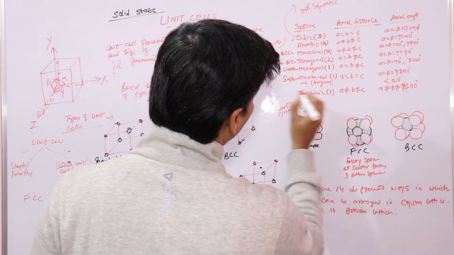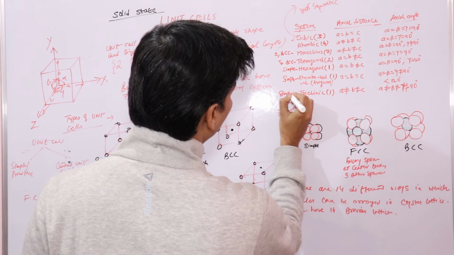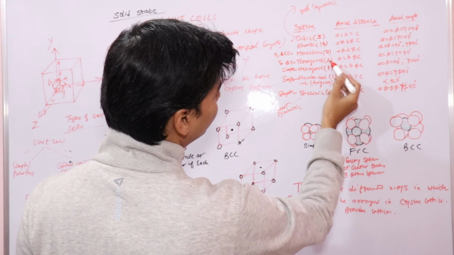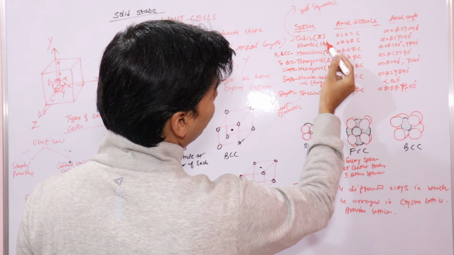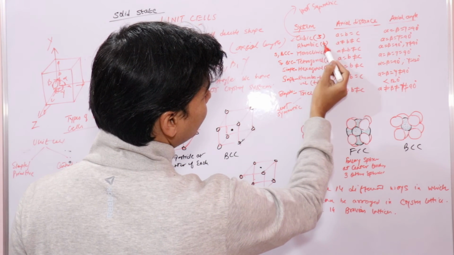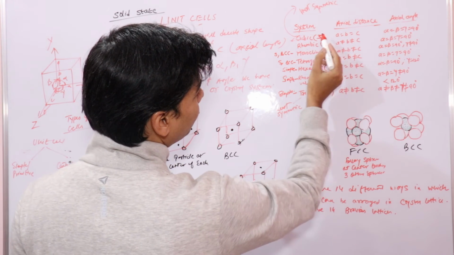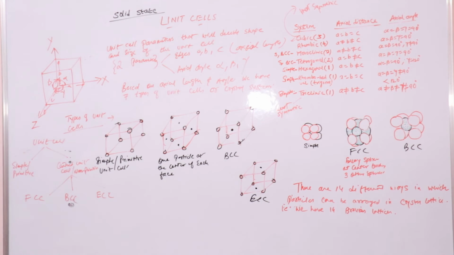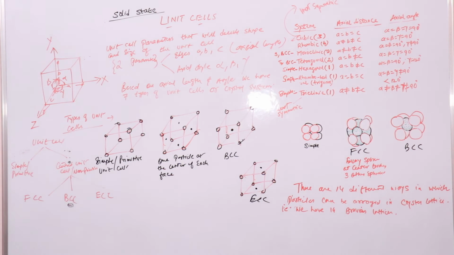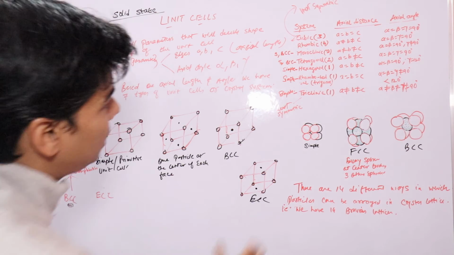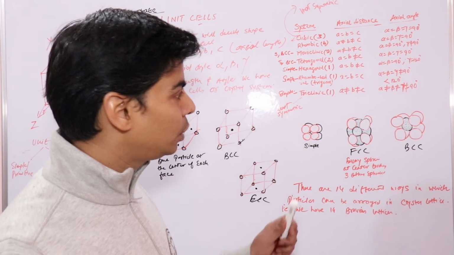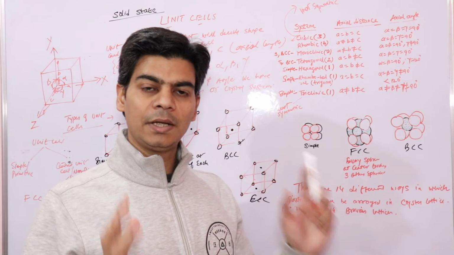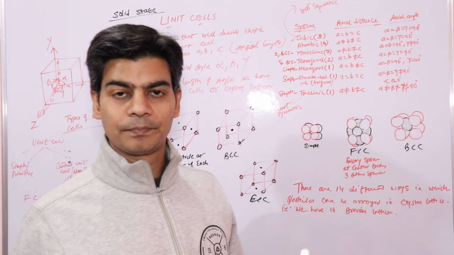Only one way, that is your simple arrangement. So if you count 1, 2, 3, 4, 5, 6, 7: 4 in rhombic, 11, 3 in cubic, 14. So in total there are 14 crystal lattices. That is, these are the 14 different ways in which particles can be arranged in lattices.